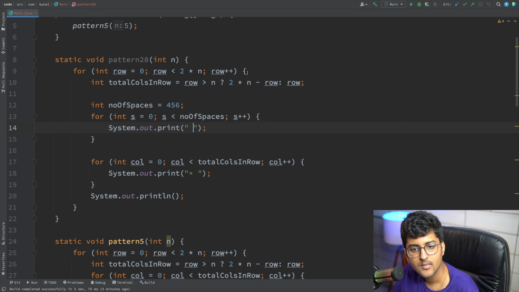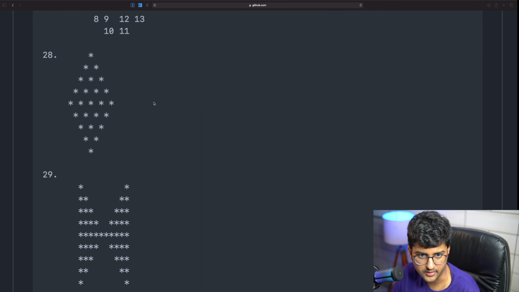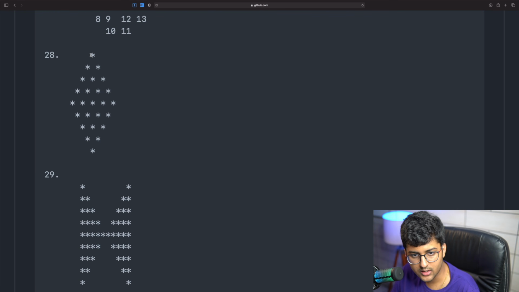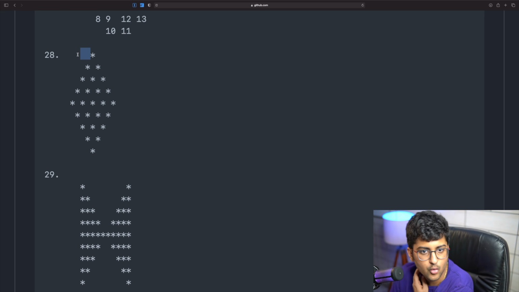That's it. But how do we figure out the number of spaces? What are the number of spaces over here? If n is equal to 5, it is 4 spaces, 3 spaces, 2 spaces, 1 space, 0 space. So here column is 1, spaces is 4; column is 2, spaces is 3; column is 3, spaces is 2.